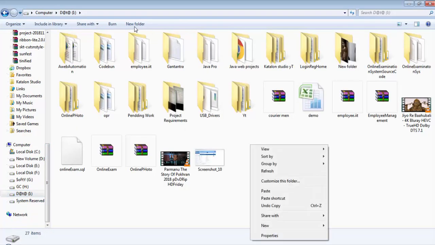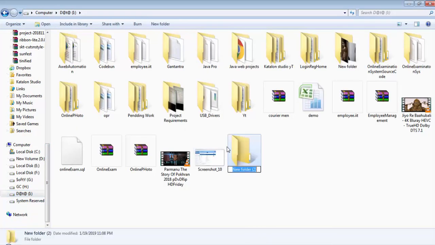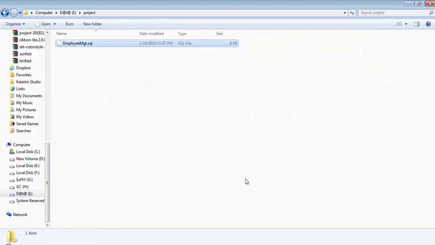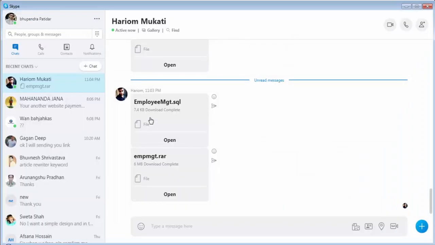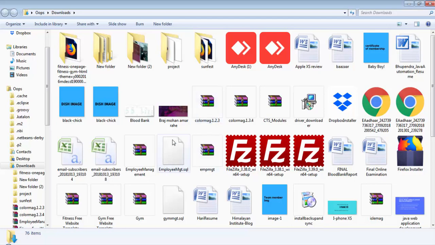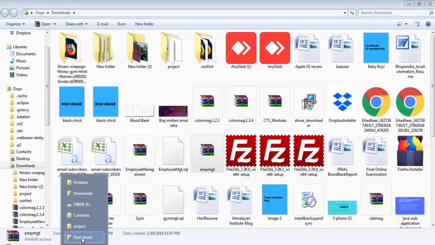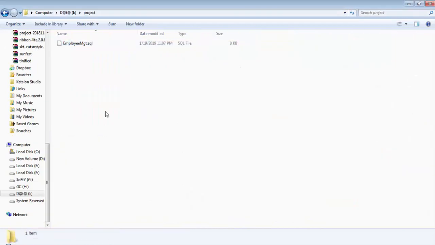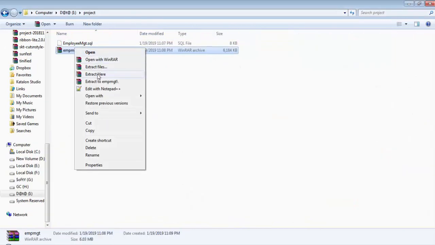Inside the project folder I'm going to put this file. This is a SQL file, and the other file I need is emp.management, this one. So let's copy it and keep this file also in the same folder. Just extract the file,